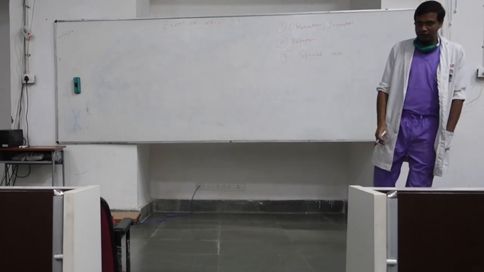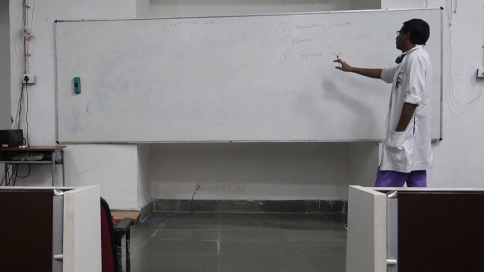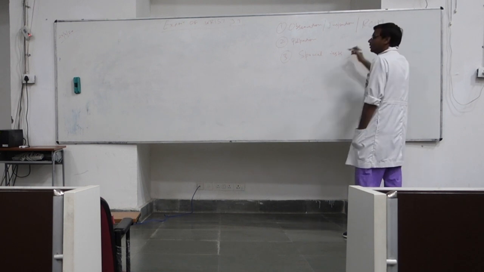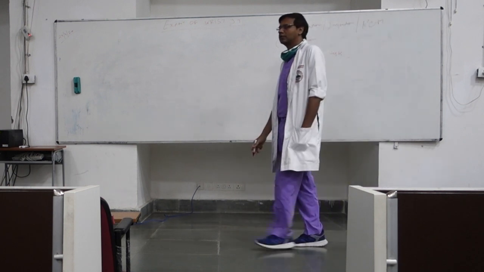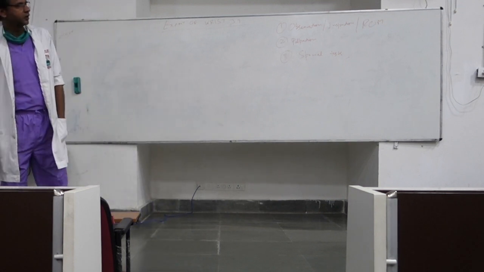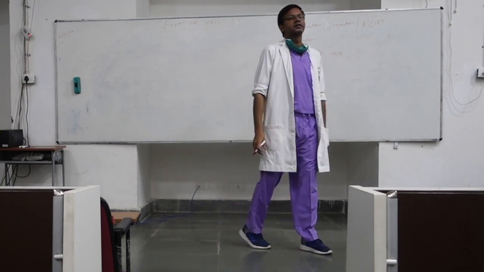Now it is prudent to say that during the time of observation and inspection, you can also test range of motion of the wrist joint. Okay. So the first is observation and range of motion, second is palpation, and third is special test.